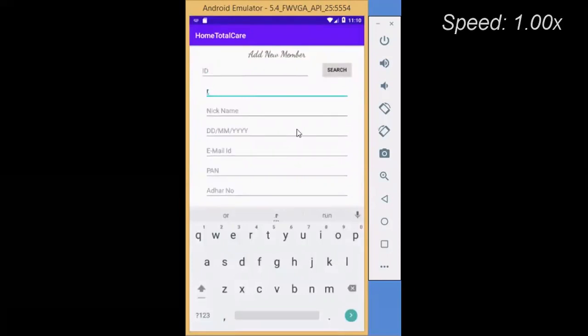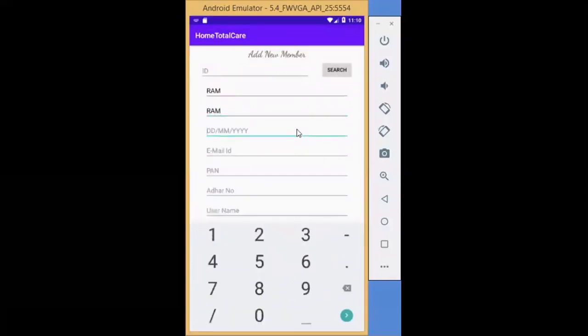This activity is used for entering the member names and the member details. First, for example, name, surname or nickname, or date of birth.